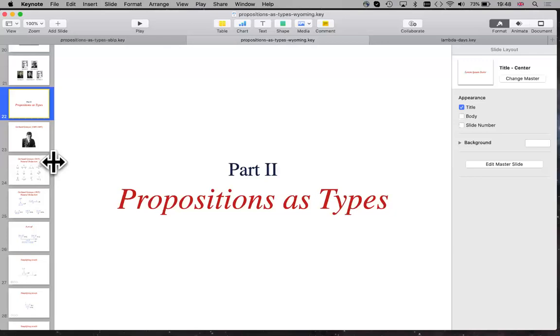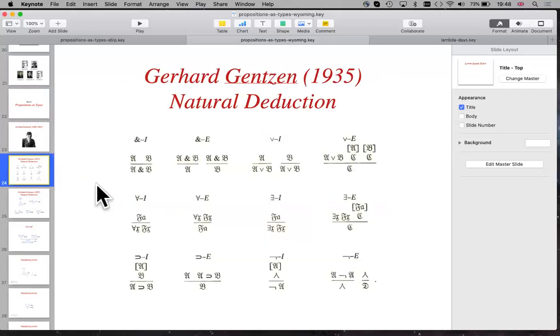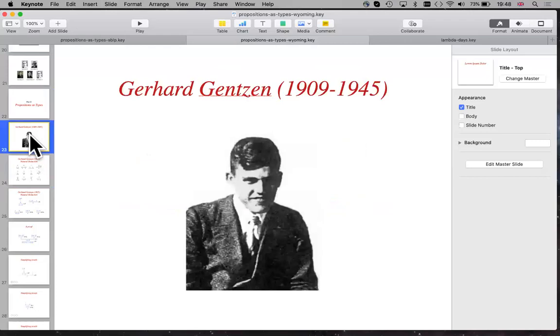Okay, so I mentioned Gerhard Gentzen. Here he is. I was talking about what young people could be up to. As an undergraduate, you might do something like define Turing machines. Are any of you undergraduates? Okay, great. So you can go off and define Turing machines. Are any of you graduate students? Okay, some of you are graduate students. So you might think it's too late for you, but let me tell you what you can still do when you're a graduate student. Gerhard Gentzen, for what was essentially his doctoral thesis,